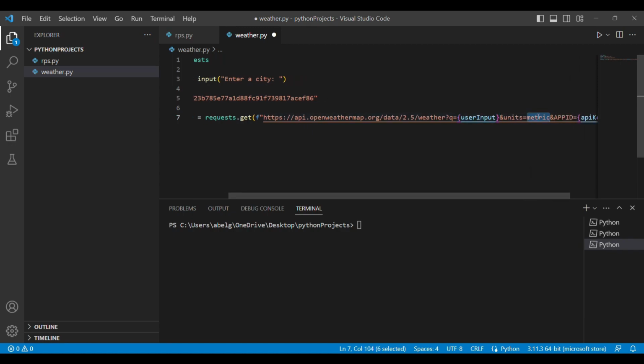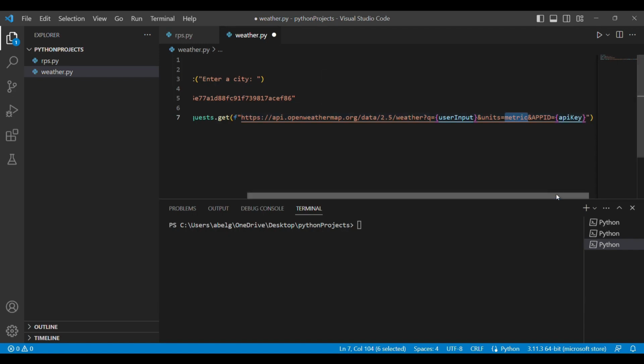You can either have it metric if you want your temperature in degrees Celsius, but if you want it in degrees Fahrenheit, you'd have to change this to imperial. So that is for the units. Next, we have our appid, which is going to be our API key that we copied from the website. So that is going to be inserted here.